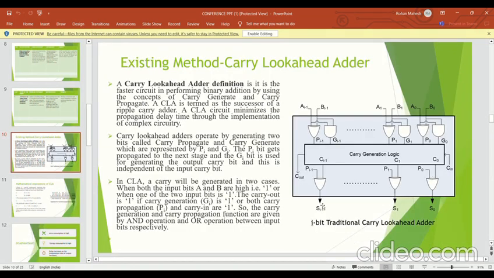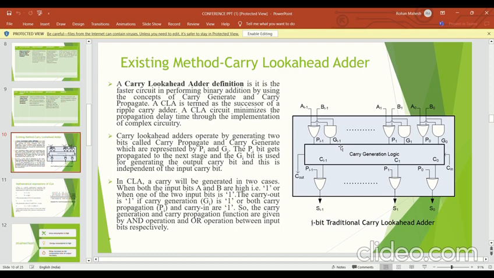So coming to the existing method of a carry lookup adder, a carry lookup adder is used for performing binary addition by using the concepts of carry generate and carry propagate. A carry lookup adder operates by generating two bits called carry propagate and carry generate, which are represented by Pi and Gi, as we can see in the circuit. This is the carry propagate and this is the carry generate. The carry propagate bit gets propagated to the next stage, and the carry generate bit is used for generating the output carry bit, and this is independent of the input carry bit. So this is how the existing